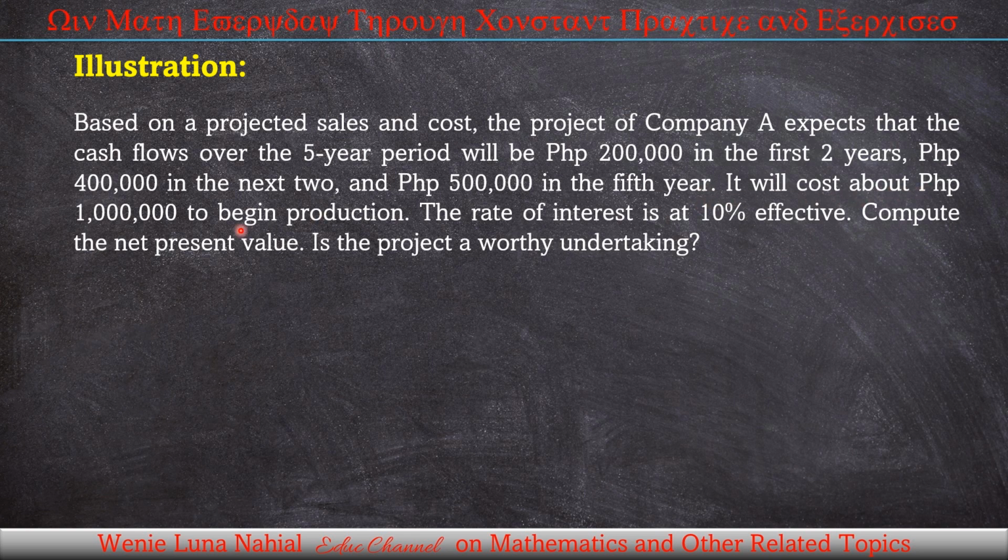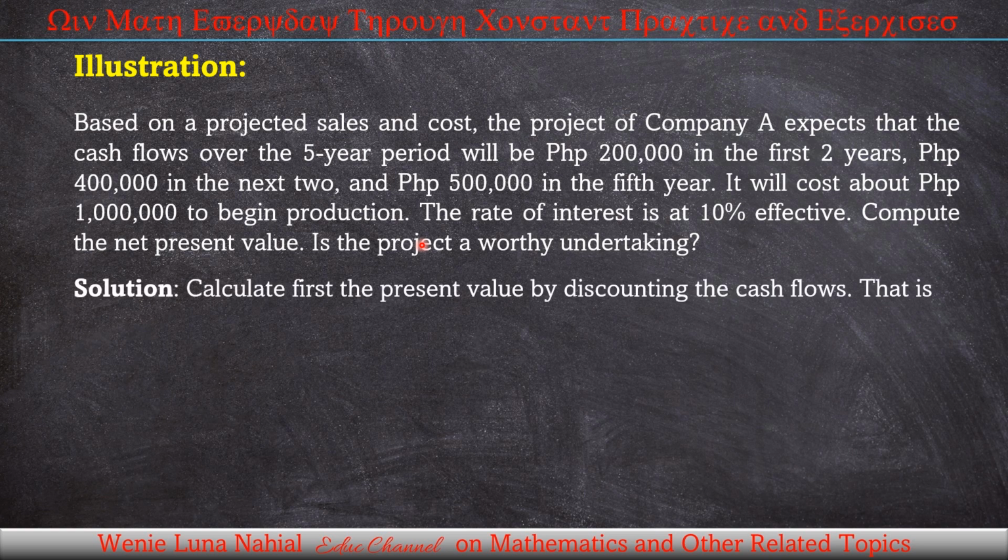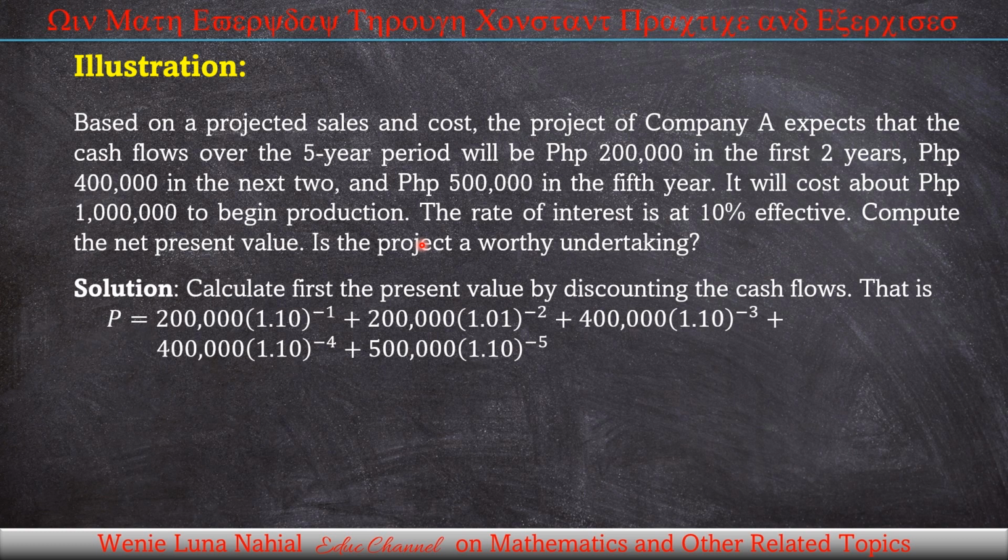It will cost about $1 million to begin production. The rate of interest is at 10% effective. Compute the net present value. Is the project a worthy undertaking? Okay, so all we have to do is calculate first the present value by discounting the cash flows. That is, we have to apply the formula of present value. So we have here 200,000 times